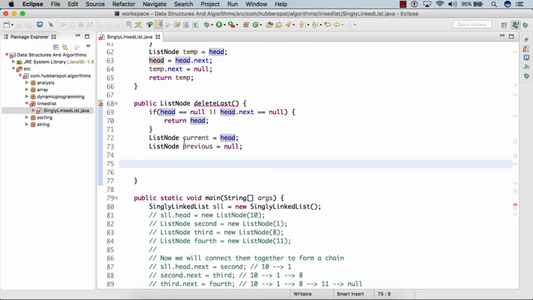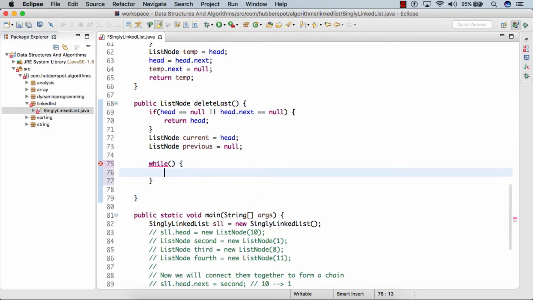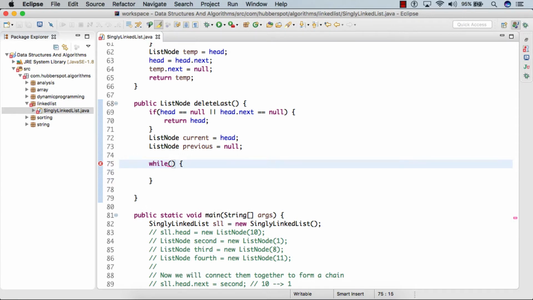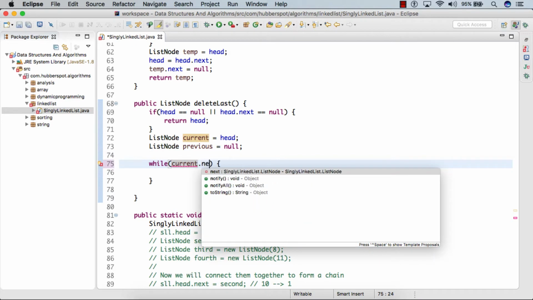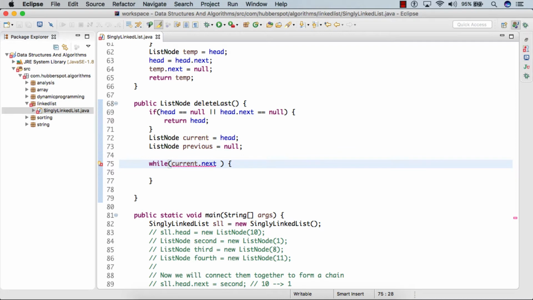So here at the start, current points to head and previous points to null, and then we need to provide a while loop so that we can reach the last node of the singly linked list. So the condition we provide here is we simply check whether current's next is equal to null or not. If current.next is equal to null, it signifies that we have reached the last node of the singly linked list, because the last node's next points to null.